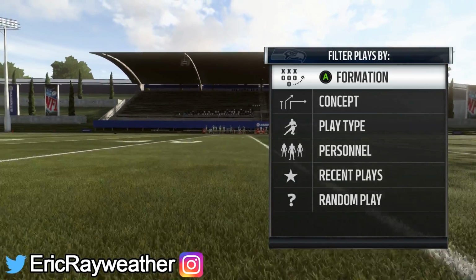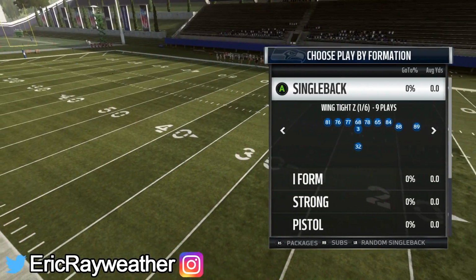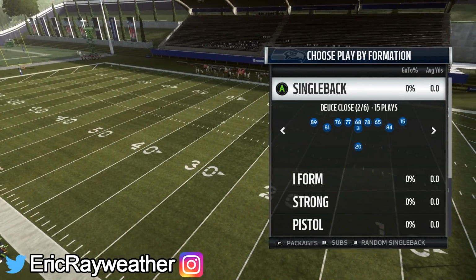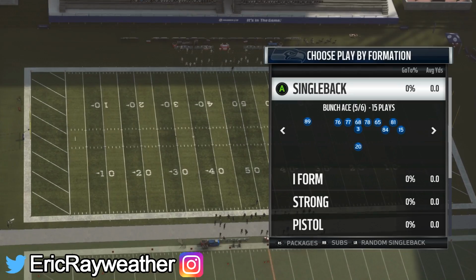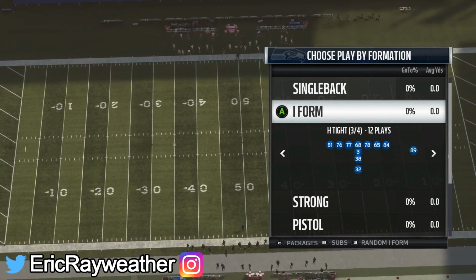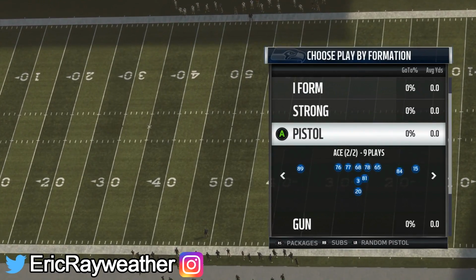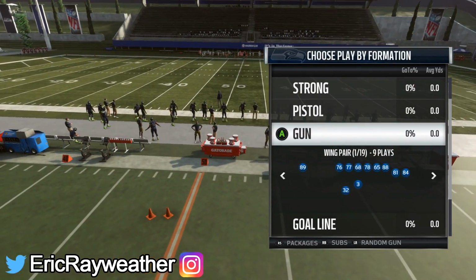The next playbook we want to talk about is the Seattle Seahawks playbook. It was a really good playbook last year, and it's still very good again this year. It's got a lot of good single back formations. Of course, it has the deuce close, has the wing slot formations, has a couple good I-form formations for running the ball. Of course, you got a few strong formations, got a few pistol formations, but it's got a very